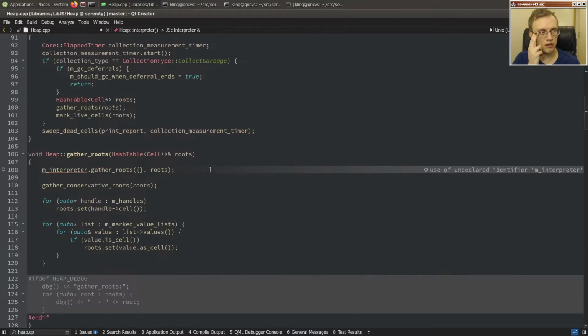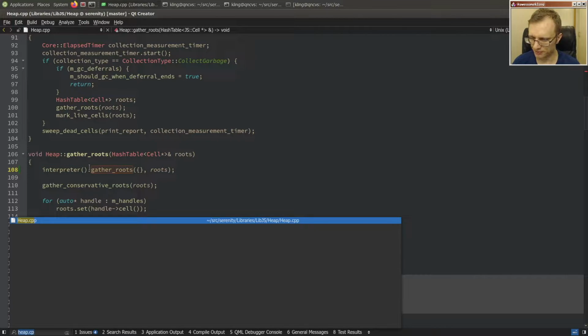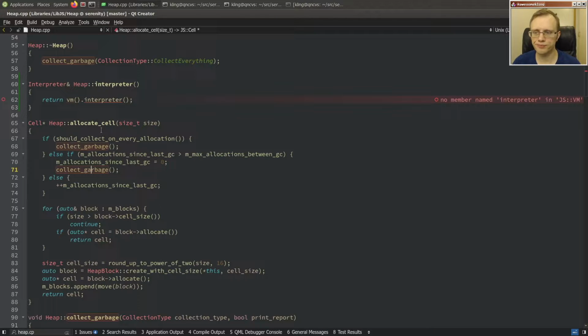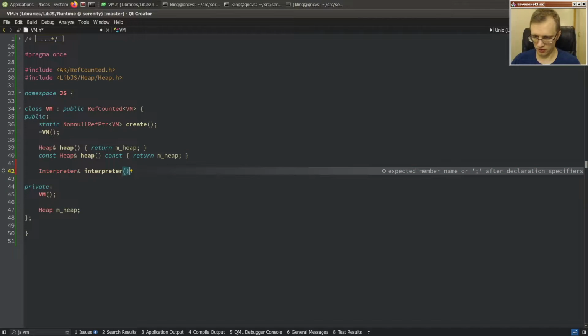Yeah, I think, and then we'll just figure something out there. And then here, this is when we start garbage collection, we do VM interpreter, or maybe something like that even. I'm not sure. Yeah, this is going to take some untangling, but we'll push forward. So JS VM. Maybe we'll have a,